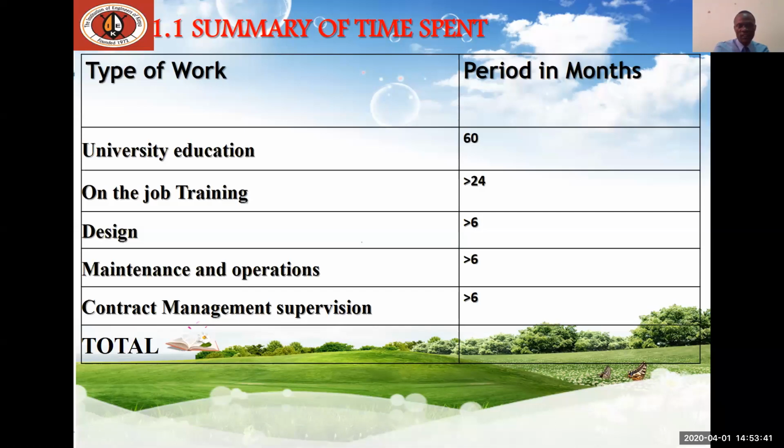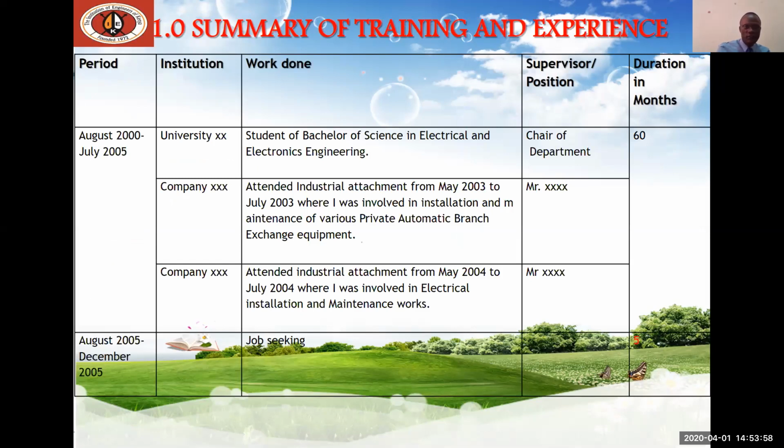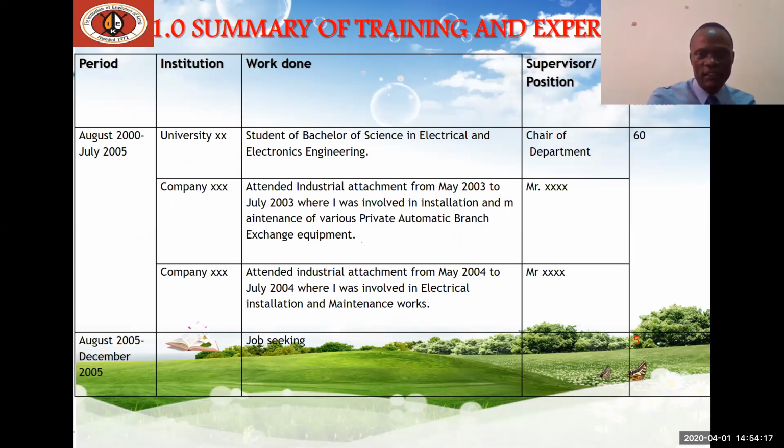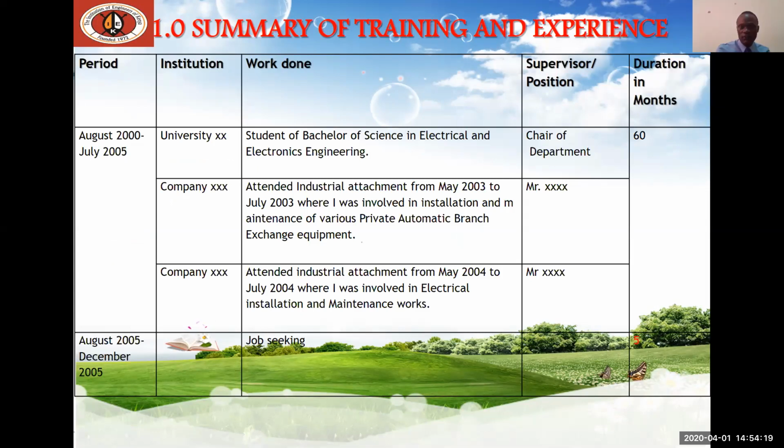Yeah. Proceed, please. We were on this particular table, 1.1, summary of time spent. University education. We had stated up there that you start from the period, and this period starts from the university, from the time you began your university to the end. The first column is on the period, and the second column is on the institution. For university, we said many times the course is programmed for 5 years. So it is 5 times 12, which gives you 60